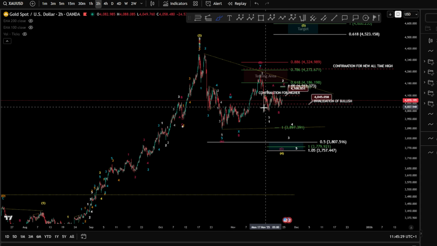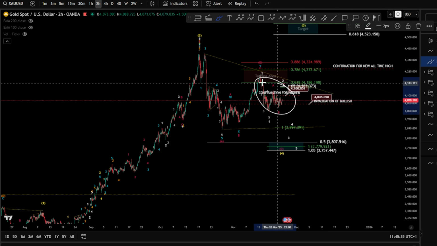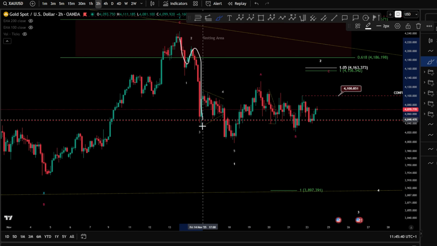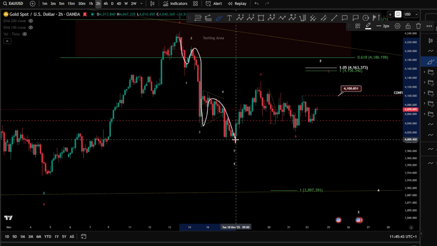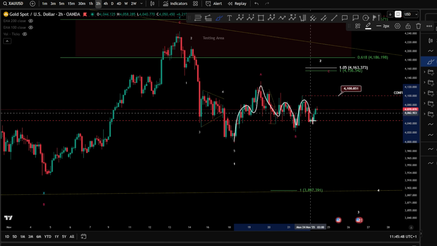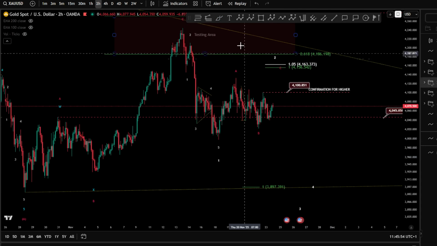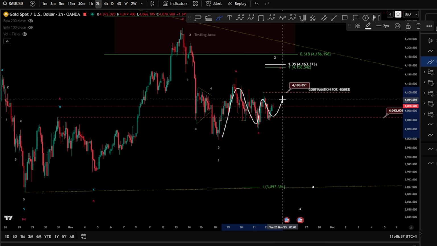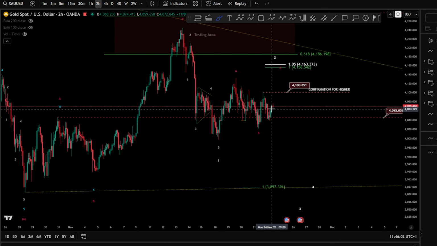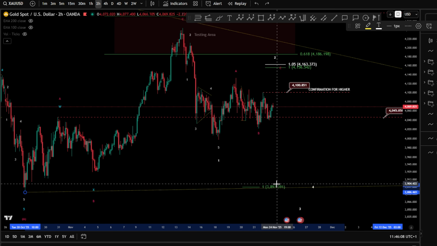You might be, of course, in a potential triangle as well, A, B, C, D, and an E. Meaning, of course, lower prices might still be unfolding there for the gold, especially that you found a very clear impulse again, 1, 2, 3, 4, 5, meaning the direction of the market is still downward. And we have only 3 waves right now, ranging up and downs, which is very corrective still, and potentially creating another triangle here as an A, B, C, D, and an E, and then dropping down for at least a wave C to hit the 121 Fib level